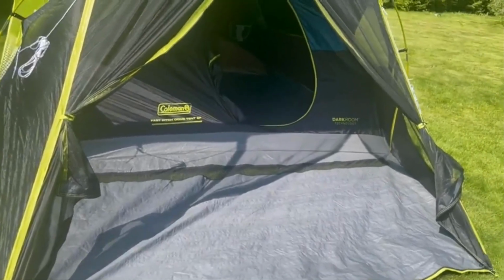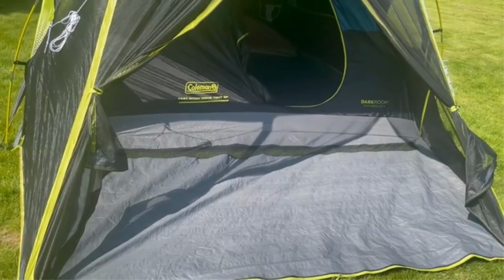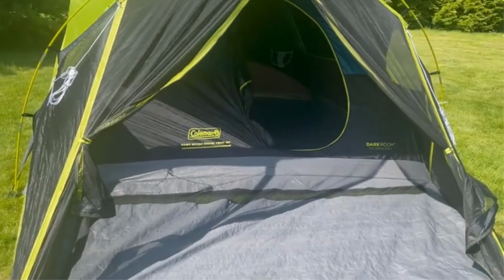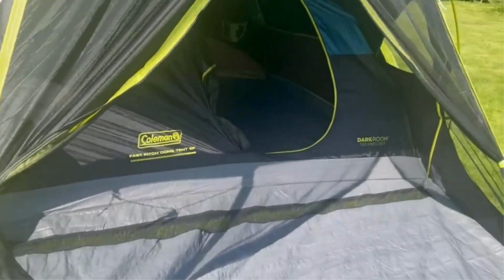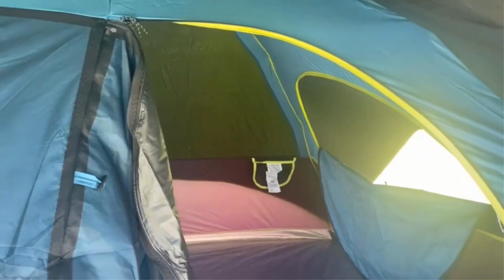Coleman's WeatherTech system ensures this option won't wet out or leak during even intense rainstorms, and the built-in screen room makes for a nice breezy lounge space. There are interior storage pockets for stashing your in-tent essentials, while the screen room works well as a gear overflow space. Keep in mind the screen room will not stay dry in a heavy rain, so